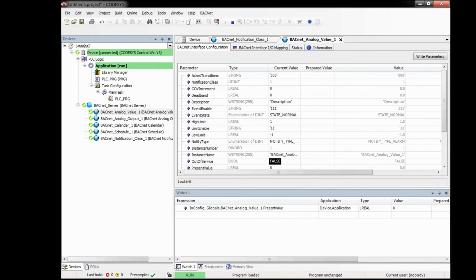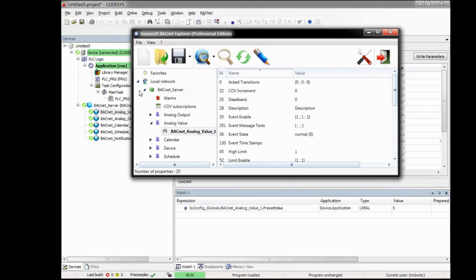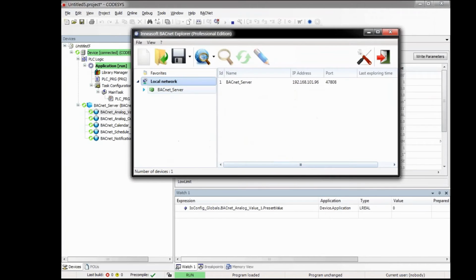Okay. Let's go back to the external client. And now first, we of course want to see the new notification class object. So I rescan the network, and you see, okay, the BACnet server now has the additional object notification class.